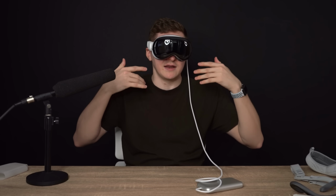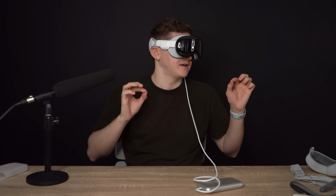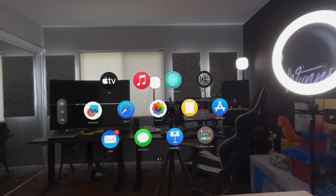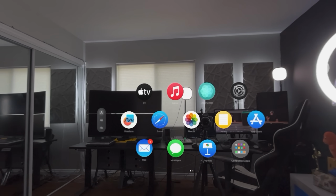What's happening is there's cameras on the outside, screens on the inside. So the cameras are recording everything, and in literal real time, it's displaying it to the eyepieces. Wow. All right, here we are. We're in it for the very first time. We can pinch and see all of our different apps. I really want to try